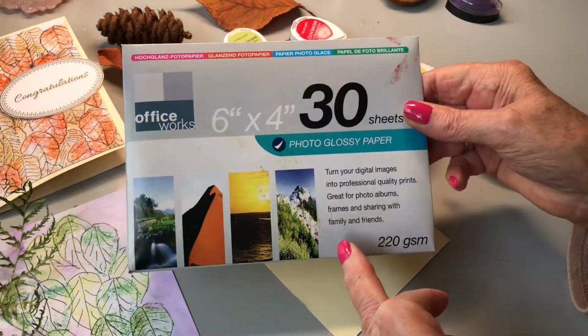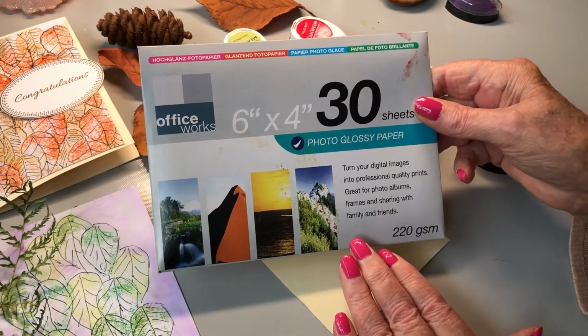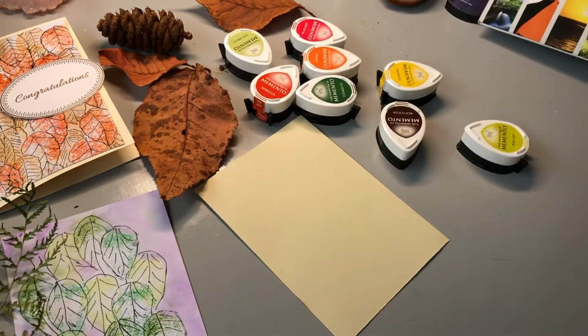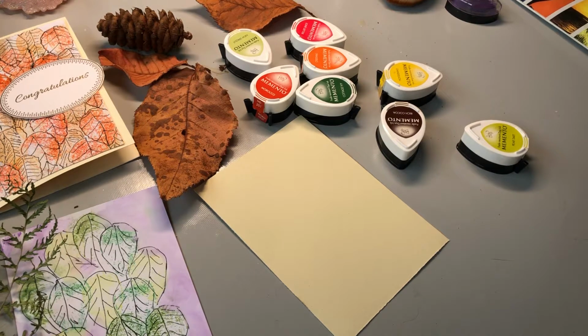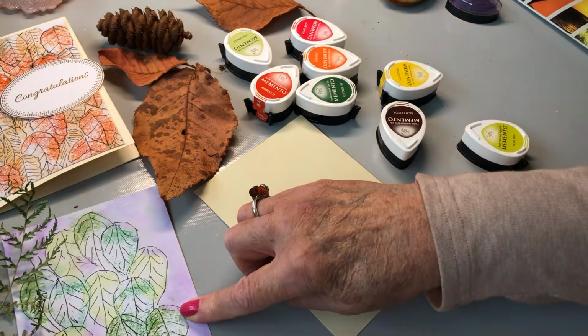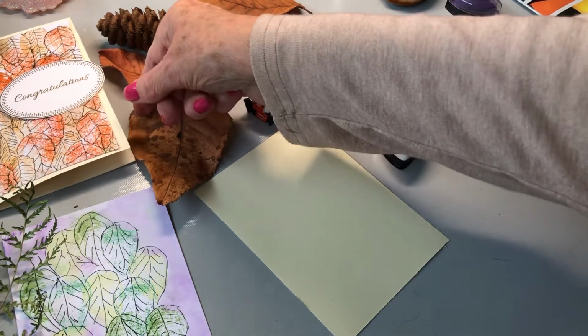6x4 glossy photo prints. That's what I was going to do, but I wanted to show you a trick I did for the last couple of years. I've sold a few, making autumn cards using the shapes of them. As you can see here, I'm going to call this day whatever it is, 12 or whatever, and this one,